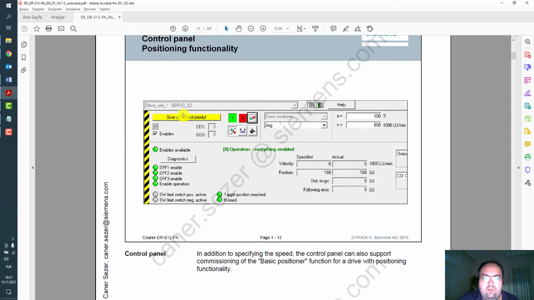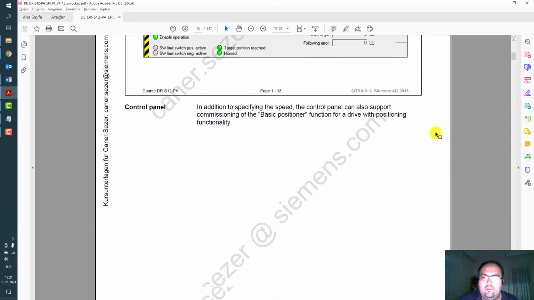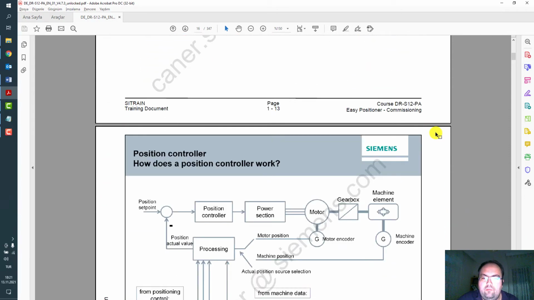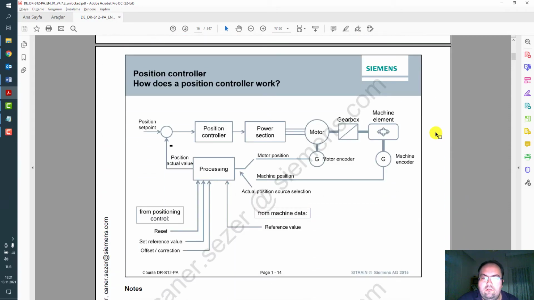After you go online and take up the control of drive, you will give enable. If this function is activated, you will see these buttons. You can test each function of basic positioning here. So it's a good thing for developers during on-the-field commissioning.